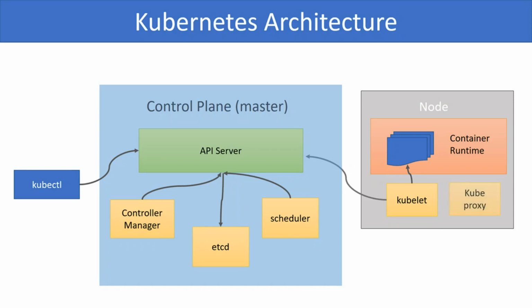The final component in the node is the kubeproxy. The kubeproxy allows balancing load between the various pods in the node. The main task of kubeproxy is to program the IP tables so that it captures the traffic to the service's cluster IP and port and forwards the request to one of the service's pods.